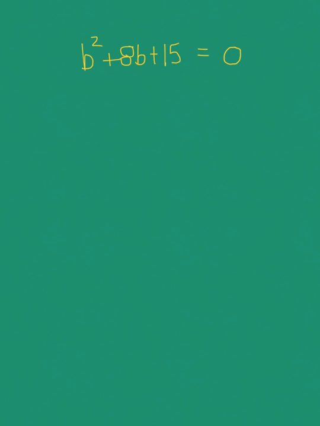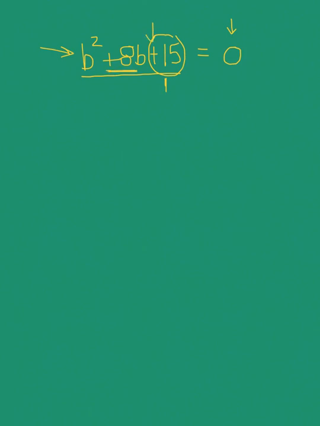Well, the first thing we're going to do is just focus on this. Now notice this side is equal to 0. We'll talk about in the next video what if that's not equal to 0. But we're going to factor this guy down. Since there's no coefficient out front, since there's no number out here, we know we're looking for two numbers that multiply to 15, and because of the plus sign out front,